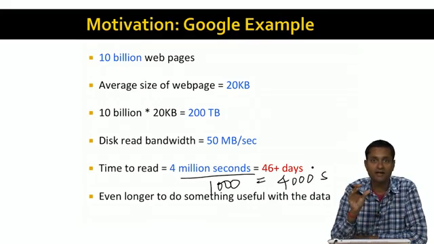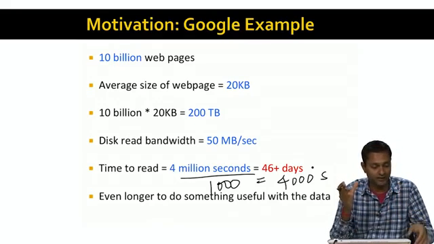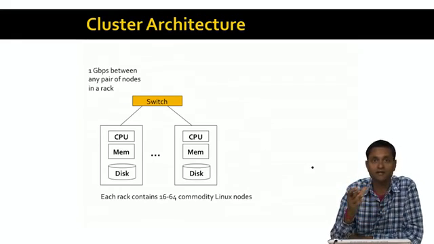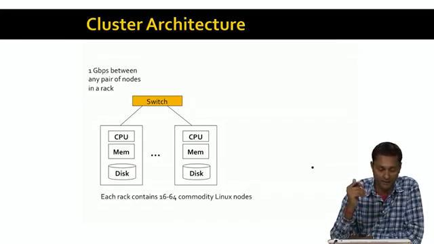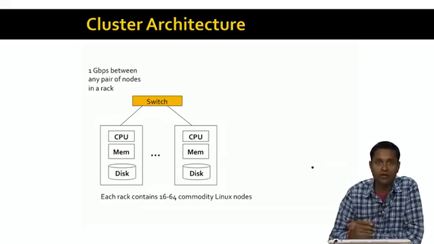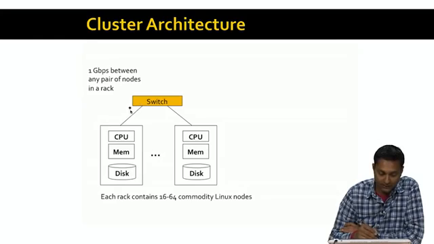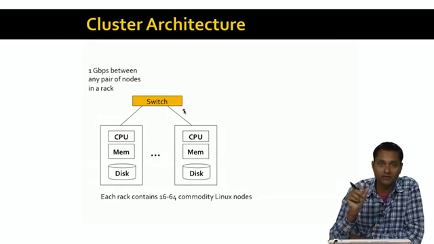So this is the fundamental idea behind cluster computing, right? And the standard architecture that has emerged for cluster computing is something like this. You have racks consisting of commodity Linux nodes. You go with commodity Linux nodes because they are very cheap, and you can buy thousands and thousands of them and rack them up. You have many of these racks. Each rack has 16 to 64 of these commodity Linux nodes, and these nodes are connected by a switch. The switch in a rack is typically a gigabit switch. So there's 1 gigabit per second bandwidth between any pair of nodes in a